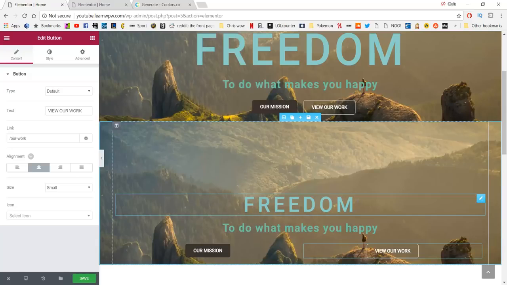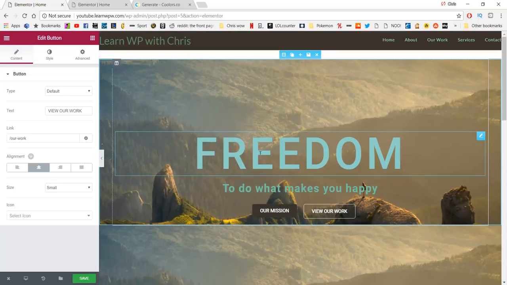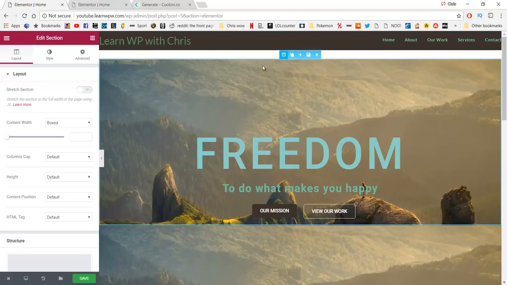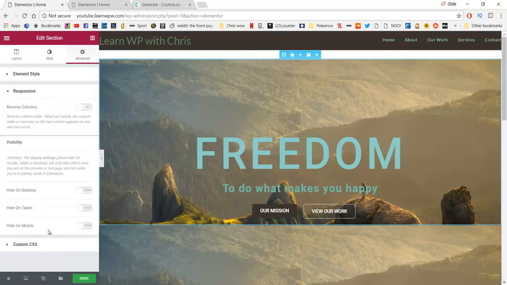So you're probably wondering how we're going to be able to make this show only on mobile and this one only on desktop. I'll show you how to do that now. So if you go to the top one, the one that we're going to show on desktop, and click on Edit Section, and if we now go to Advanced, and if we go to Responsive,